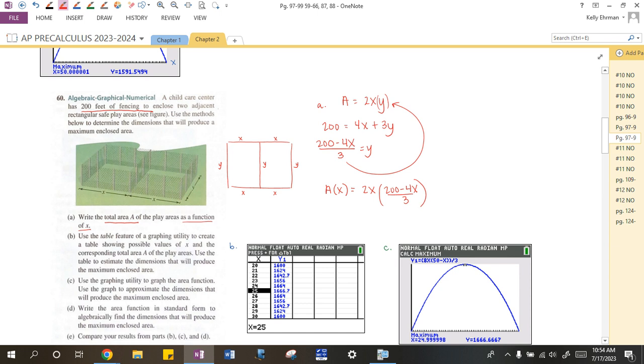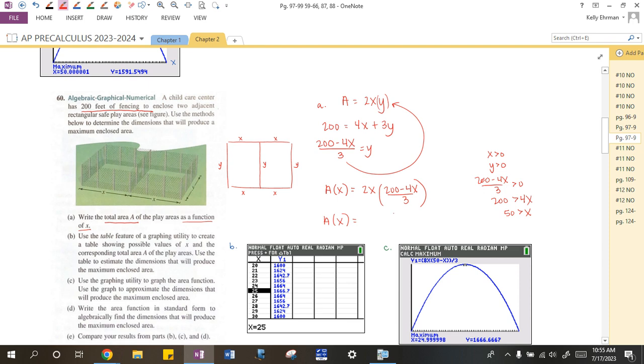And then it might be easier if you're trying to figure out domain and range again. You can either do the same thing I did, say, okay, x needs to be greater than 0, y needs to be greater than 0. What's going to make the y greater than 0? If (200 minus 4x) over 3 is greater than 0, and get the 3 out of there, solve for x. You can do that, or I think in my answer key that I posted, I might have,